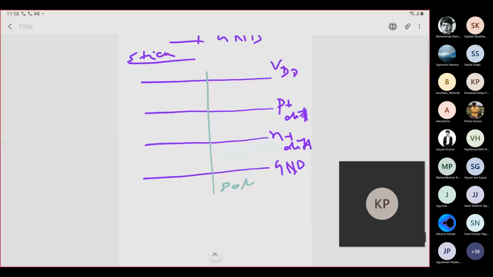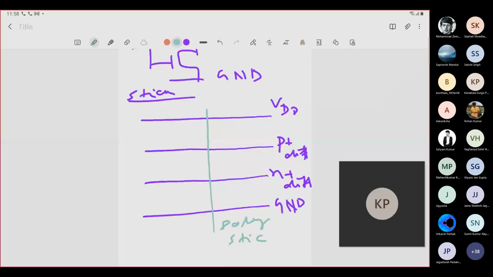This is known as a poly stick. When the P plus diffusion overlaps with your poly stick, you get a MOSFET, that is called a PMOS. This overlapping between P plus and poly stick realizes your PMOS, and overlapping the N plus diffusion with the poly stick, you will get